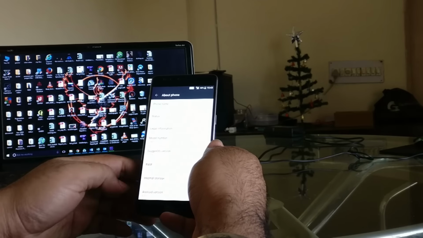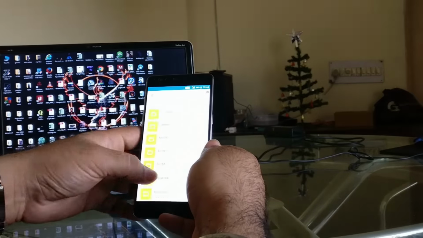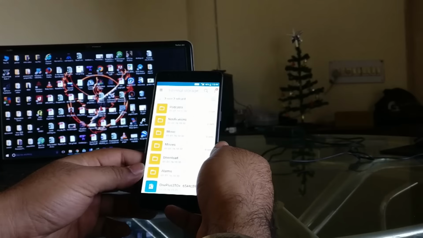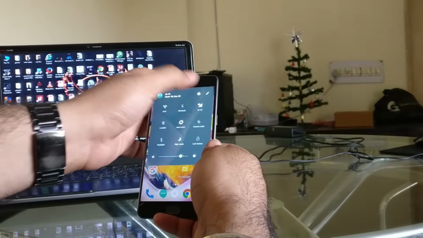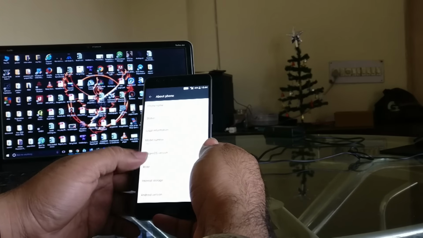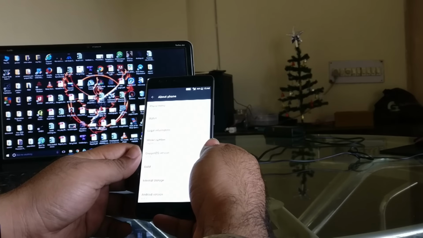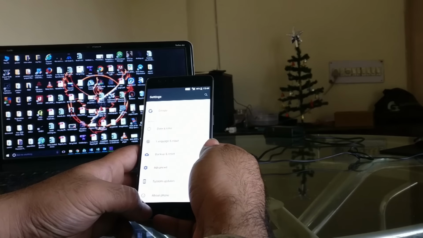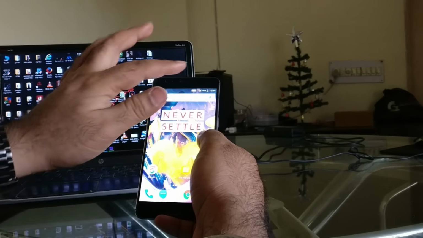First of all, we have to copy the given file, which is given in the description, into the internal storage. We have already done that, Gaurav. Let me tell our viewers that this is not a community build; it's the official Oxygen OS 4.0 that will come to everyone over the air. It was leaked yesterday or a day before, and if you want to install it, here's how you can do it. It's pretty easy.